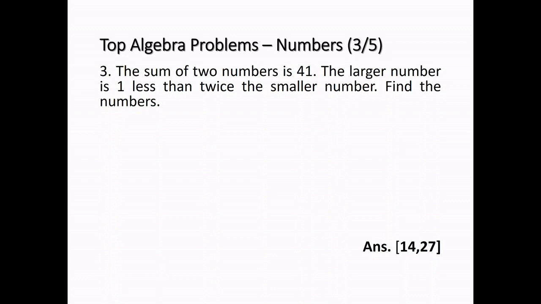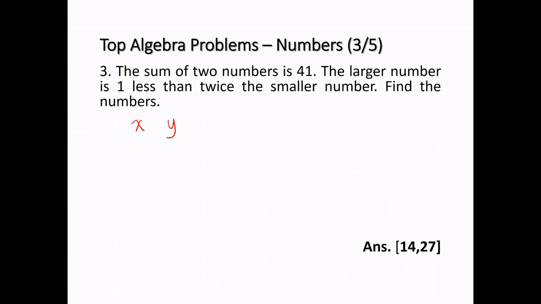what is asked. So the first sentence, the sum of two numbers is 41, so we can express x and y as the two numbers. You can also use a and b, but most of the time mathematicians prefer using x and y because it's very fast to write x and y. And also sometimes a can be confused with the number 9. Sometimes people write it this way, or maybe it can be q. So x and y are often